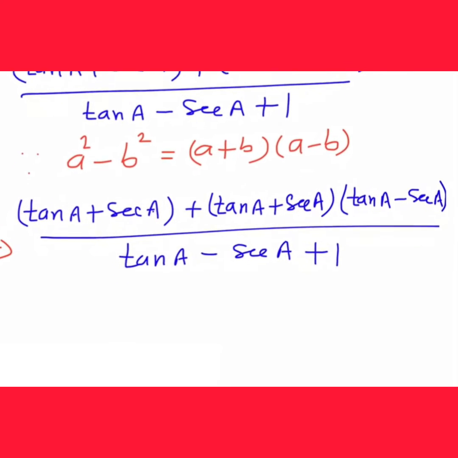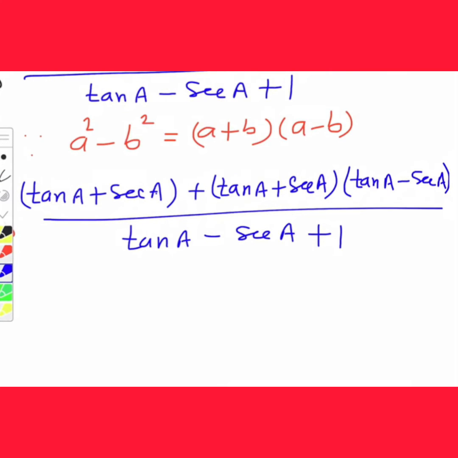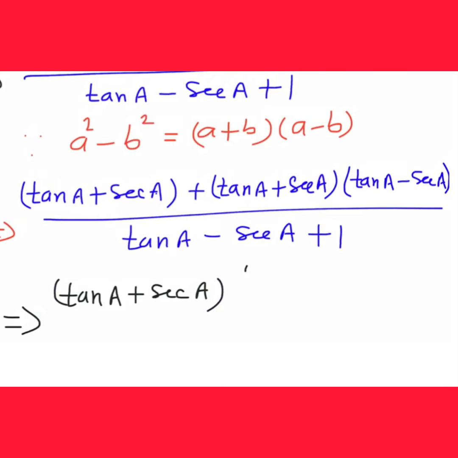Yes, you will get, when you take tan A as common, then we will get tan A plus sec A is common. So in the first term you will get what? Here is nothing, means the multiple of this term is 1. Here you can write as into 1. When you take this term as common, here is remaining only 1. So you will write just like that 1.